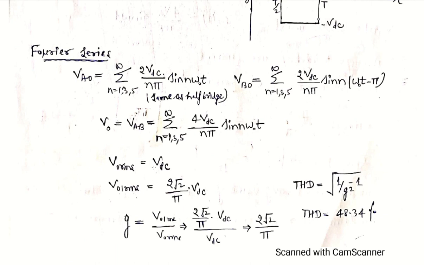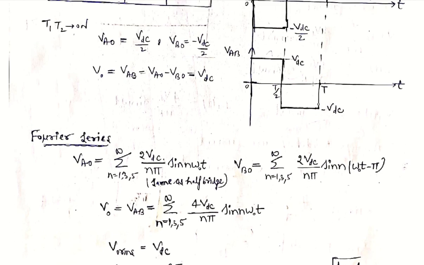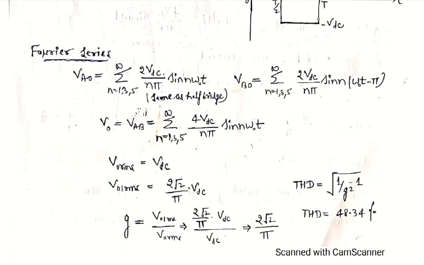So the RMS value will be equal to VDC. How will we calculate it? Simply square this voltage. If we square this minus VDC, then it comes into the upper part. So it is a full waveform between 0 to T, which has the magnitude of VDC. If we square this, it is VDC square, and take the root. So the output RMS equals VDC. But in case of half bridge, we saw that it is VDC by 2. In case of full bridge, the output RMS equals the full DC input voltage.